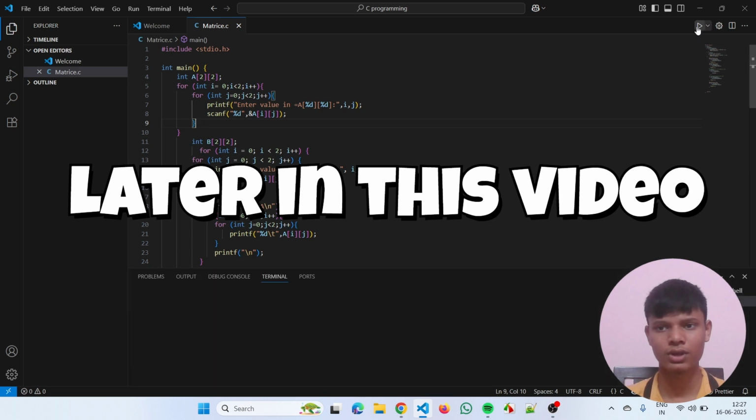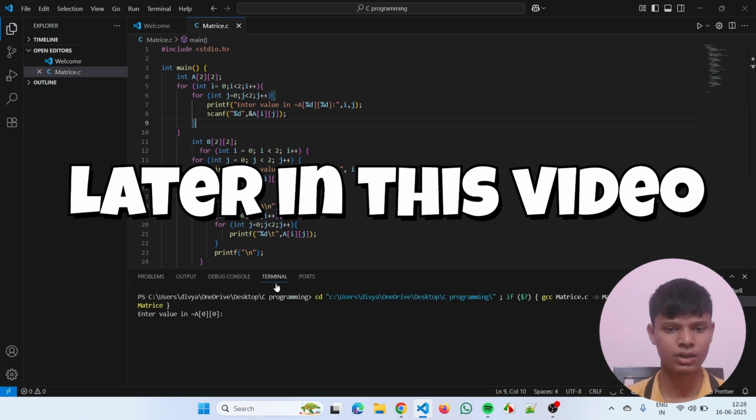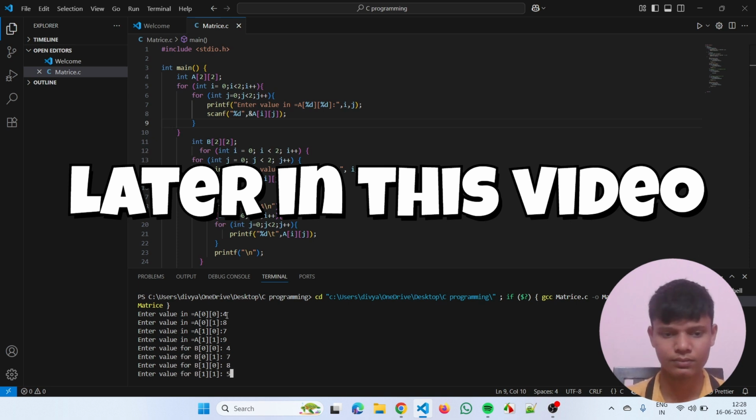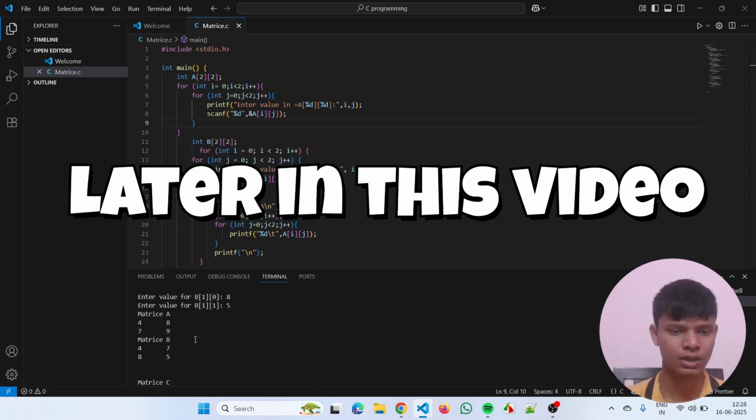So now you have to click on this, and now here it is running in terminal, and you can also input like 4879. So you can see that it is